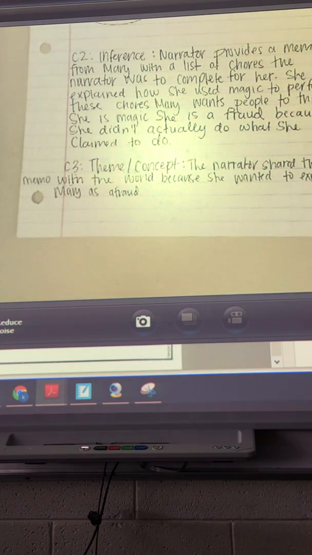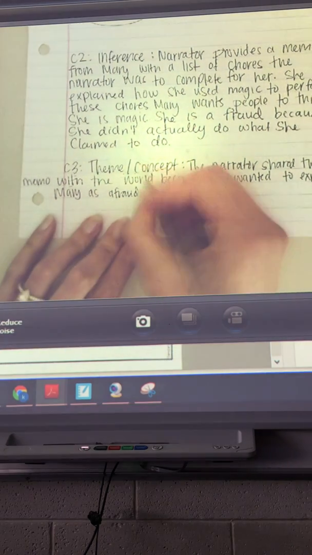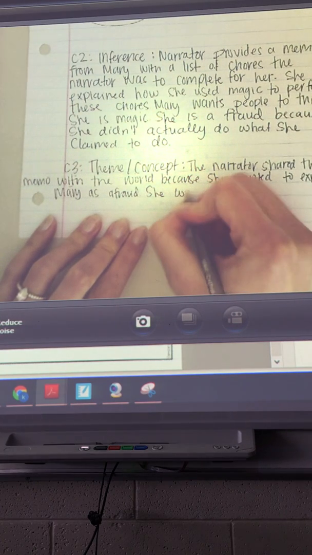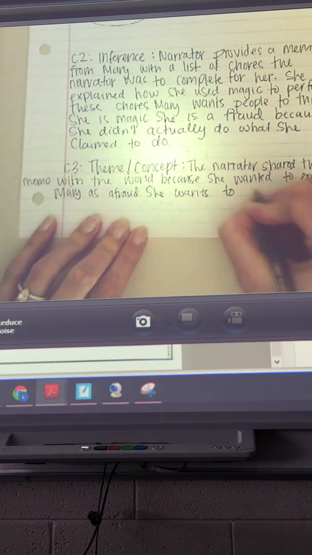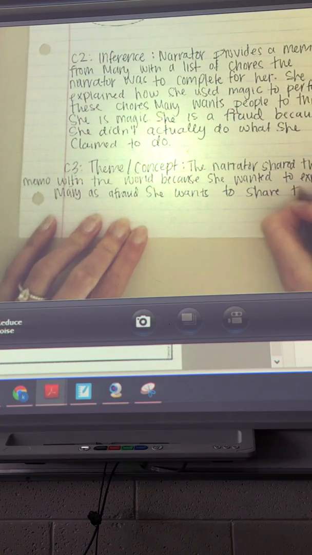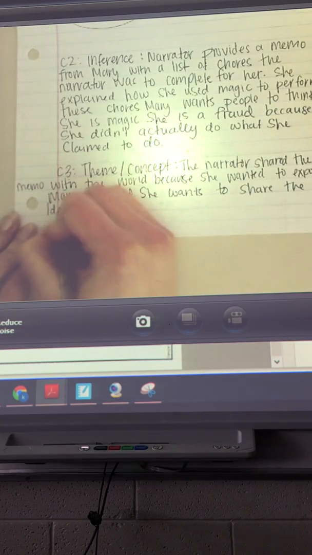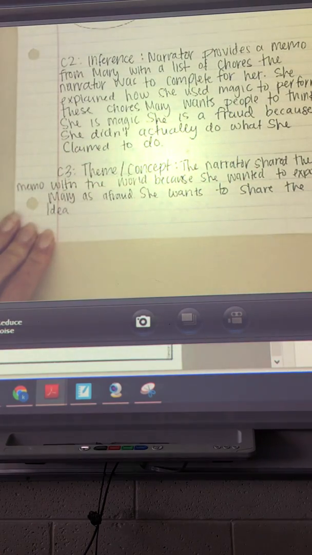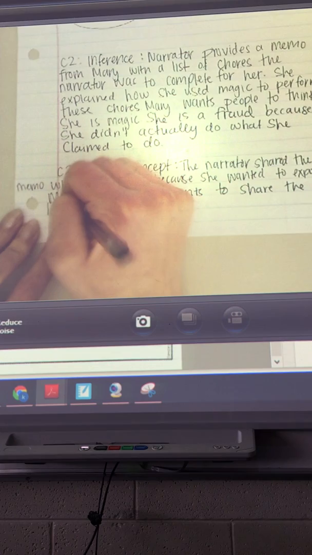So I'm going to say that. So she wants to share the idea that